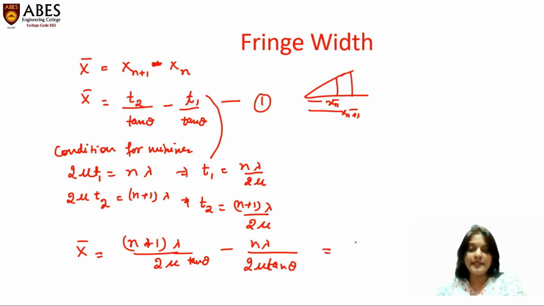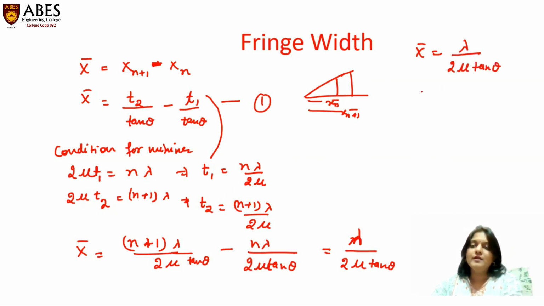After taking the common and solving it, we got lambda upon 2 mu tan theta. So the fringe width formula is lambda upon 2 mu tan theta,